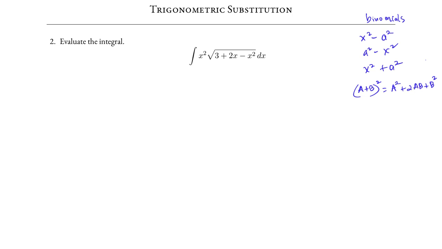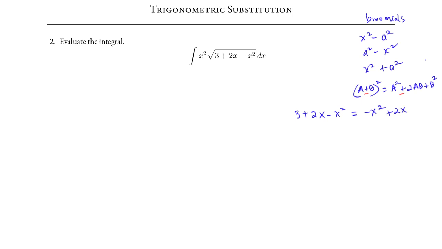The square of a minus b is a squared minus 2ab plus b squared. Thus, to complete the square for 3 plus 2x minus x squared, we first rewrite this as minus x squared